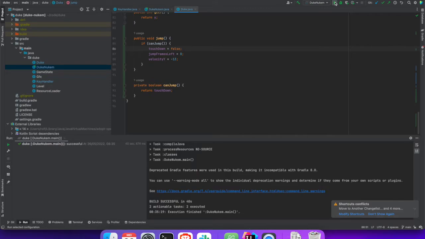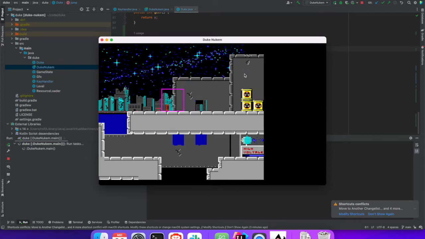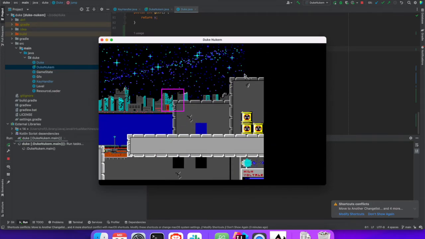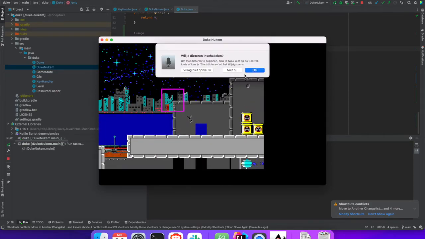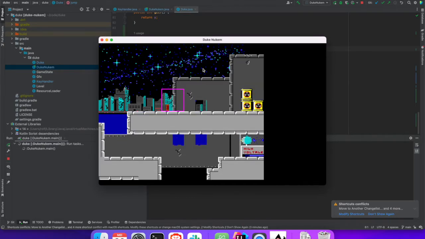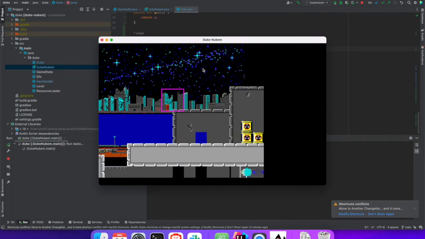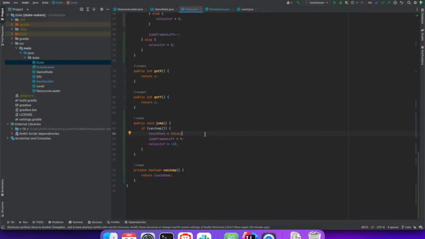Okay, let's see if this works. So now I'm hitting the control button and it won't jump until it is back on the floor. All right, so let's take these last few minutes to do something about Duke's starting location,